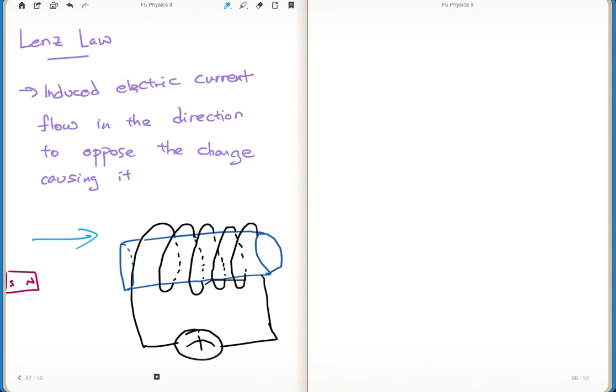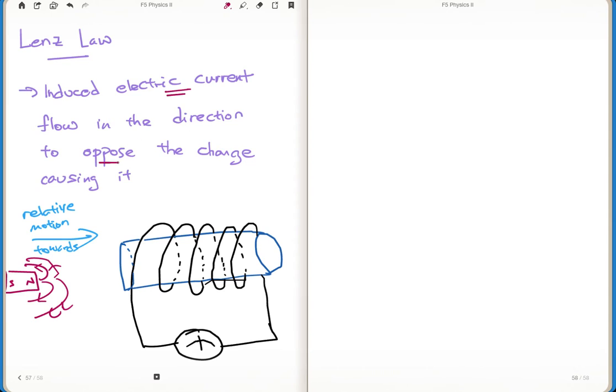Bring the magnet near to it. You have relative motion towards the solenoid coil. So what happened? The magnetic field strength increases over time as the magnet goes near. So what happened? The electric current